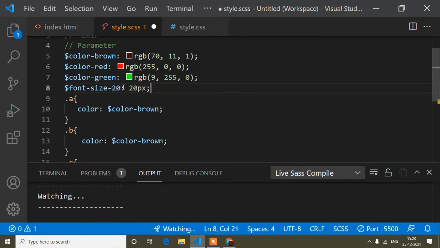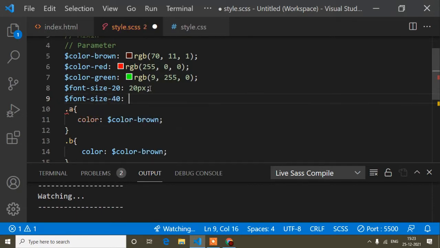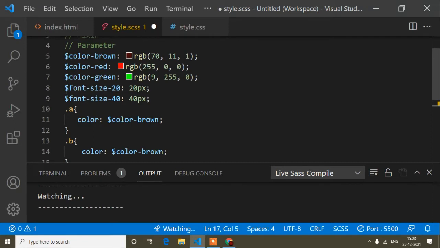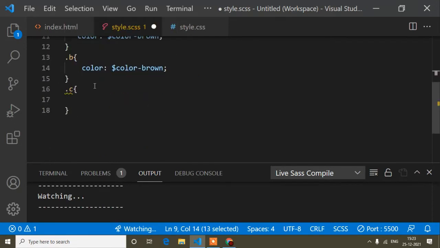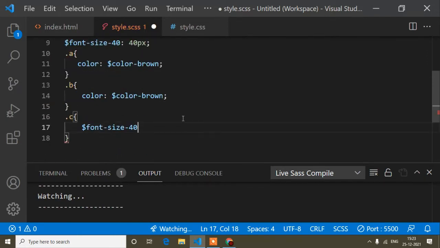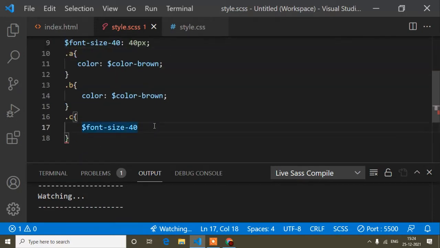Another font size I will define, $font-size-40, with 40 pixel. Suppose here I need font size 40, so I will copy the variable name here. And suppose after all the CSS is done the client says no, font size should be 60 instead of 40. You can simply change it here, no need to go and change it everywhere, right?